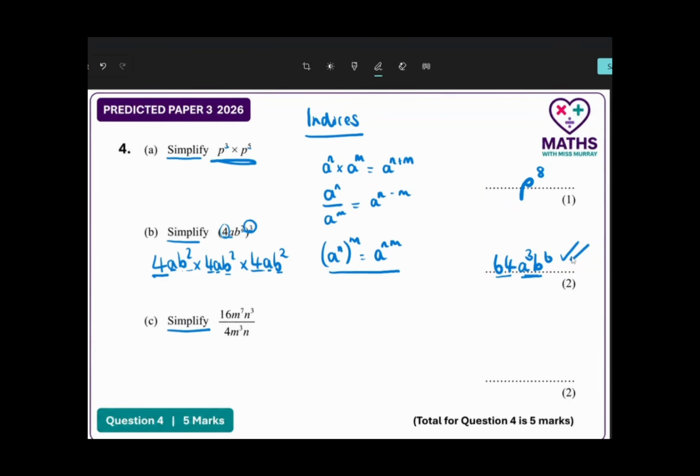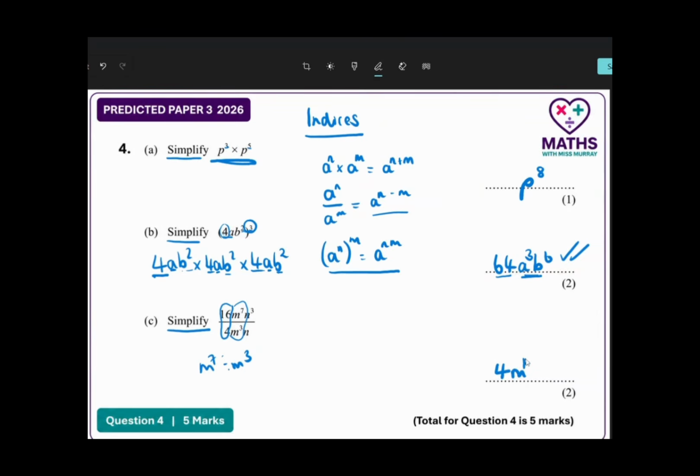Okay, part C, this is divide, so I'm dividing here, and I'm going to divide each part separately. So I'm going to look at the numbers first. I'm going to do 16 divided by 4, which is 4, and again, check it on your calculator. Then I've got m to the power of 7 divided by m to the power of 3. So the division rule is I subtract my powers, so 7 take away 3 gives me m to the power